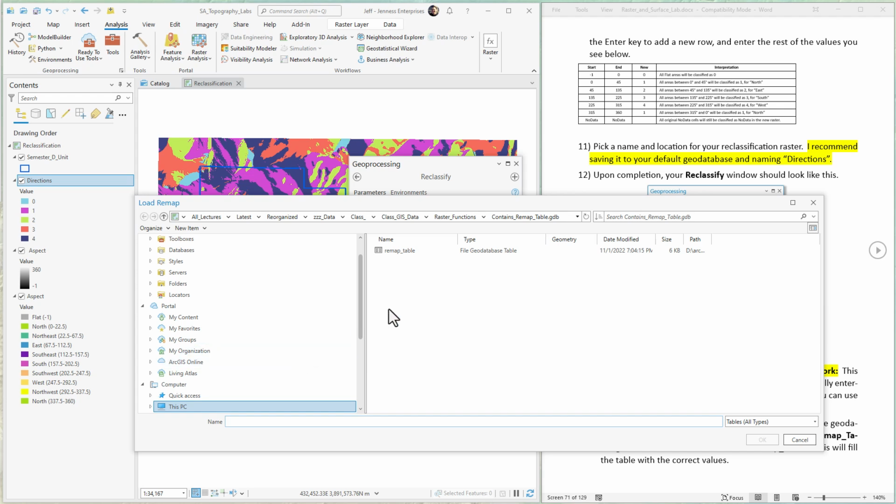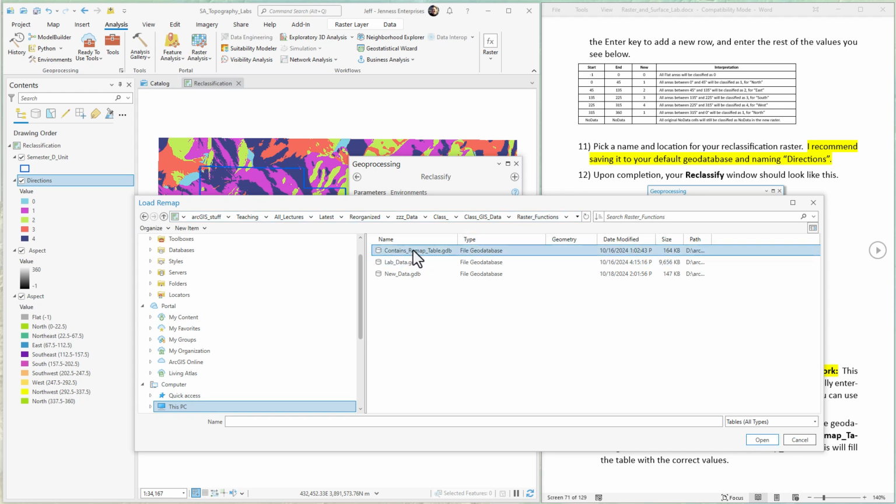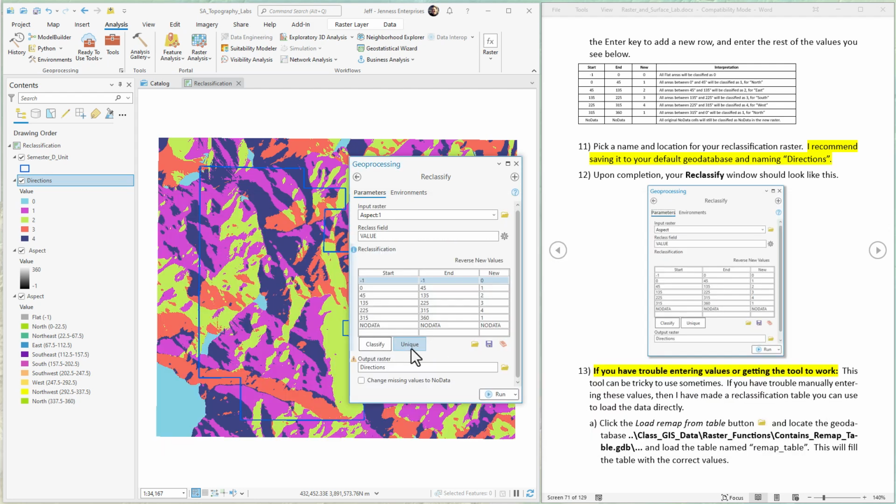The table you're going to want to use is called Remap Table. It's located in the ClassGIS Data folder, in the Raster Functions folder, in a geodatabase called Contains Remap Table. So if you hit here, this is the raster functions, come to the Contains Remap Table geodatabase. This is the one. If you click that, hit OK, it'll just refill this for you in a way that is guaranteed to work. All right, so one way or the other, you'll be able to get this reclassified raster